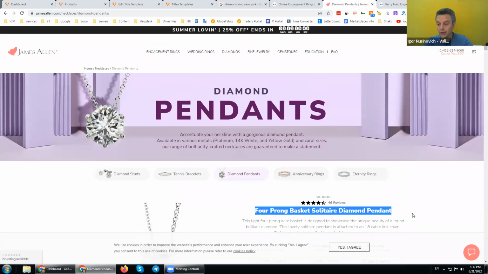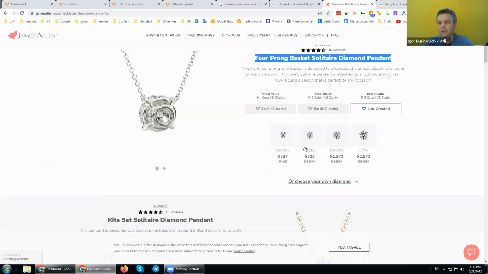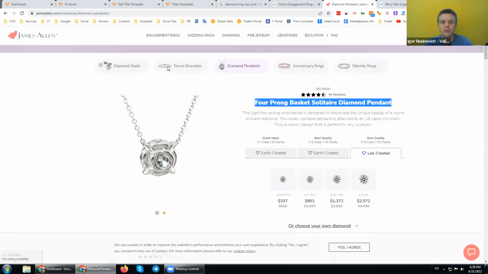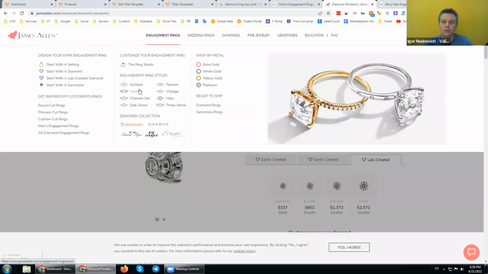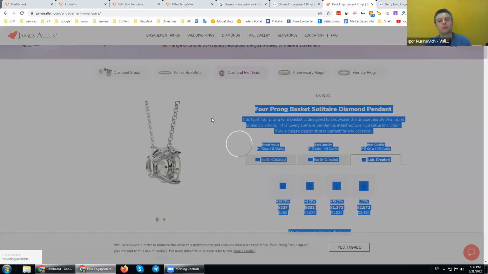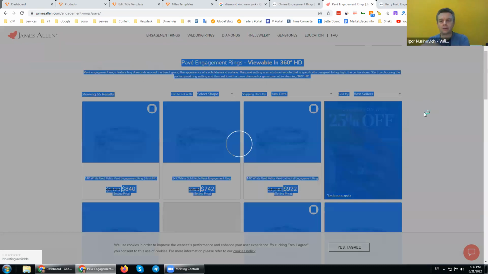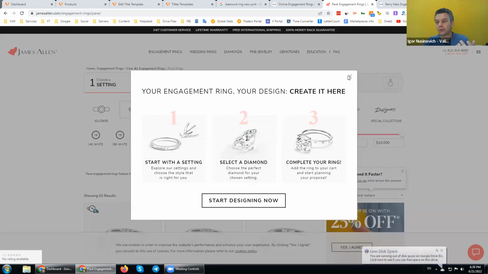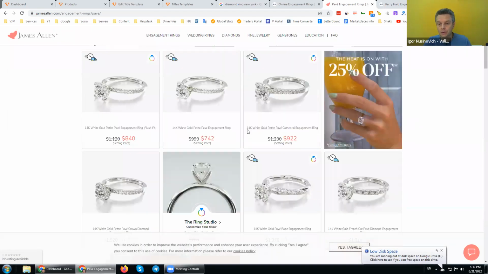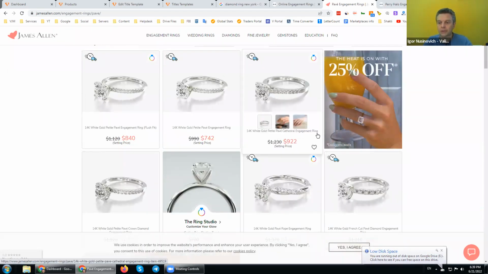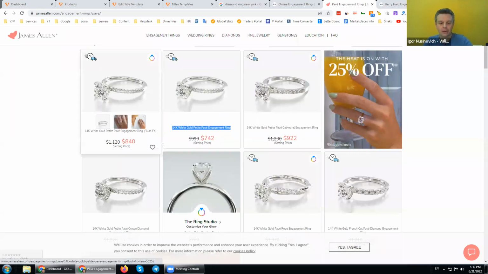Now, if we look here at our category leaders, hopefully, when we look at the item, let's go into engagement and anywhere, click the product. Hopefully, we will see short titles in the category, longer titles in the product page, and then different, let's see, 4K, 14K. Well, they do their best, so we cannot take their title and even not compare, but okay, there it is.